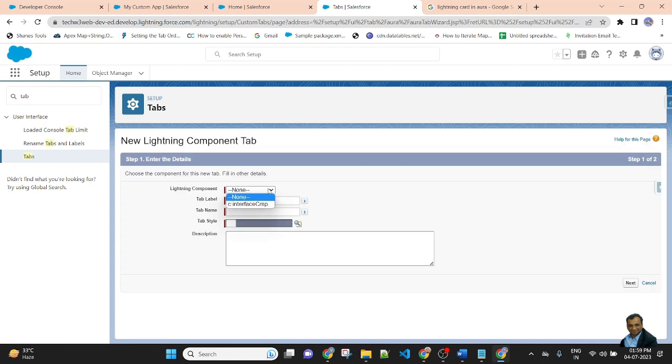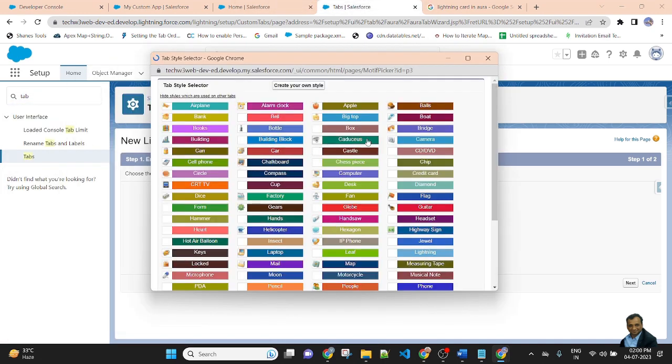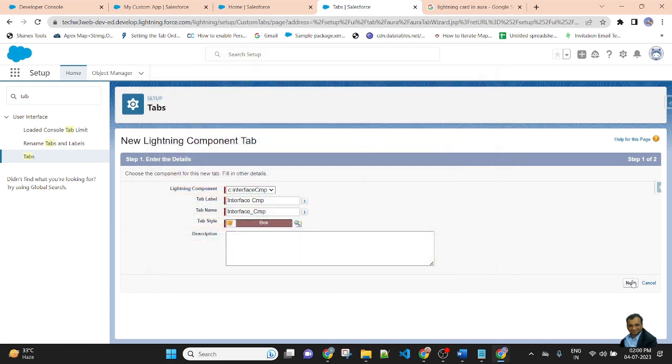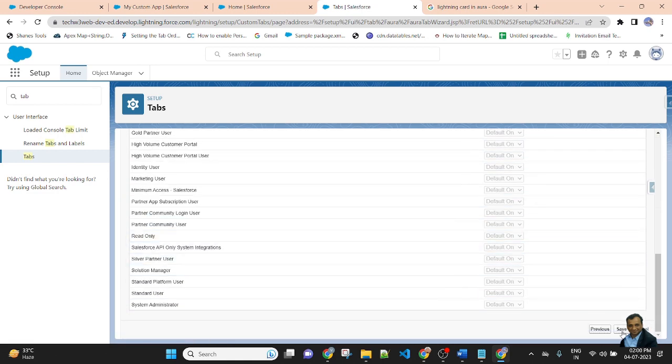In the new tab, there is an option to select the component. My component is visible here. Choose the interface component, choose the style, click next, and save.